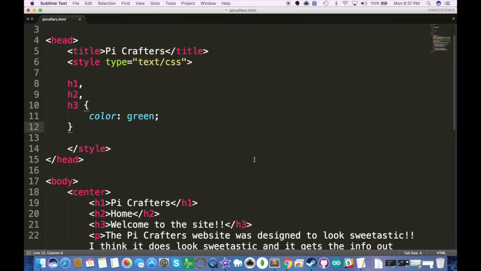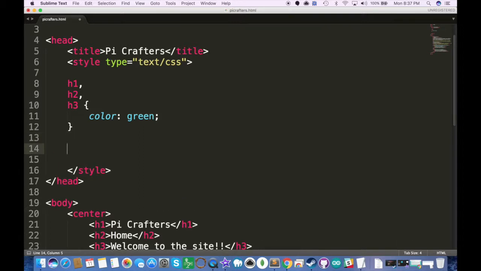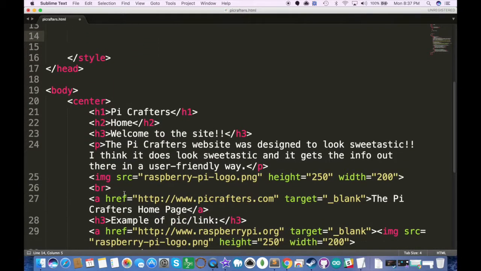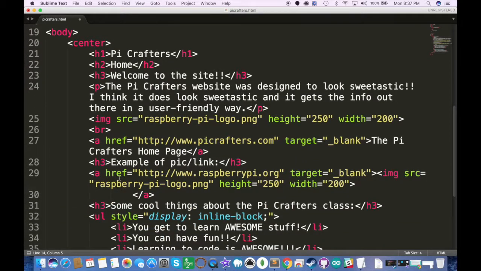Alright, so global as opposed to what? Why are we saying global selector? Aren't they just regular selectors? Well, they are not. If we wanted to create a selector that was not global, we'd have to create what's called a class. So let's create a class, and I'm going to talk about what classes are in a minute. Now, before we move on to classes, though, I do want to show you that we can affect any of these,